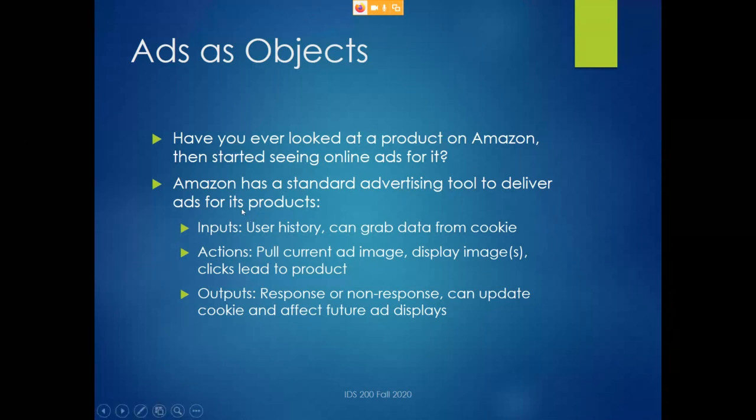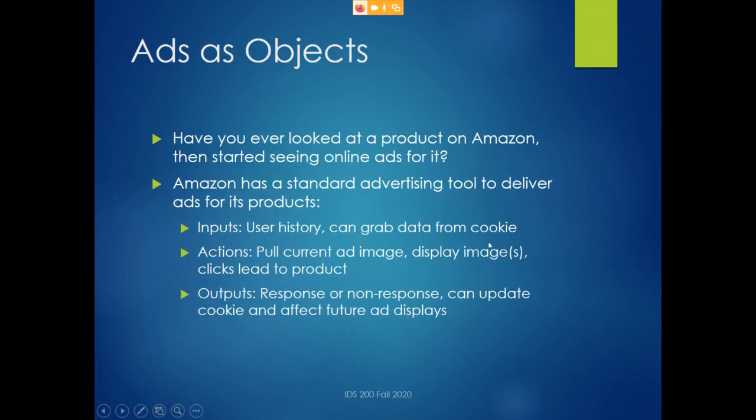So the basic inputs: user history, whatever you did while you were on Amazon, and that can be grabbed from a cookie, again, a small data file stored on your computer through Amazon. Various actions that are permitted: pulling the current ad image, so whatever product it is that you looked at on Amazon, it's going to pick its top image for that and show it in the ad. It's going to be able to display the image. It's going to recognize that clicks are going to lead to that product page. And then the output,